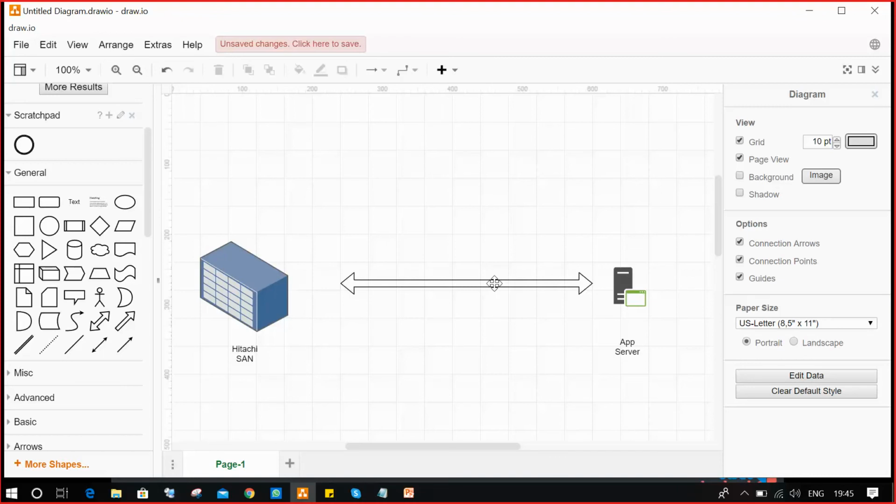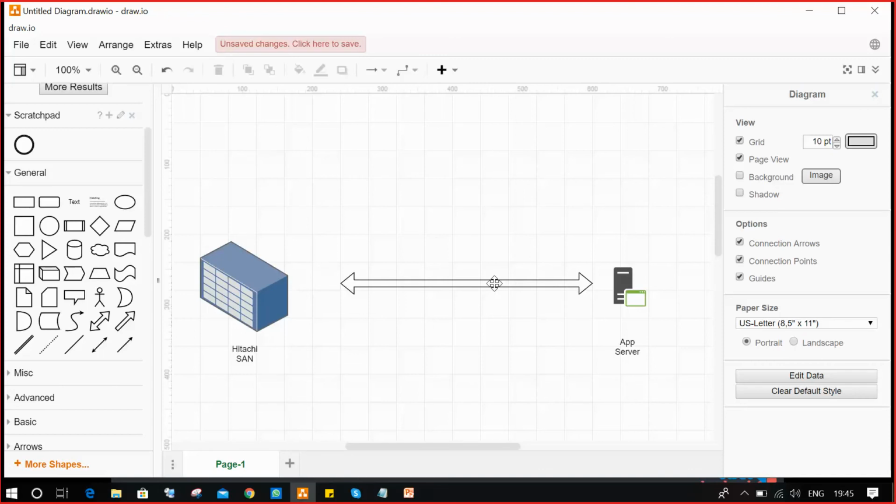devices. Do you have any idea, between the two servers there are some devices which will help to connect them? What are the devices which will help us? Switches, then firewall.